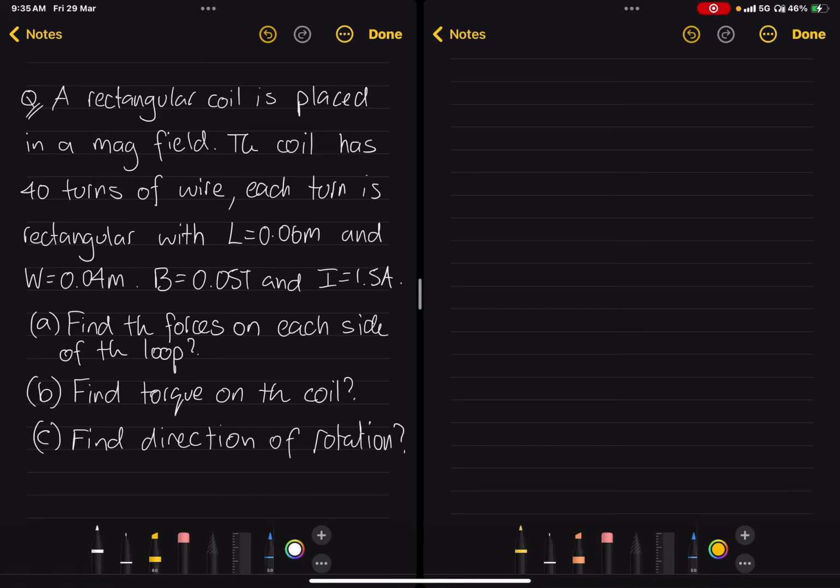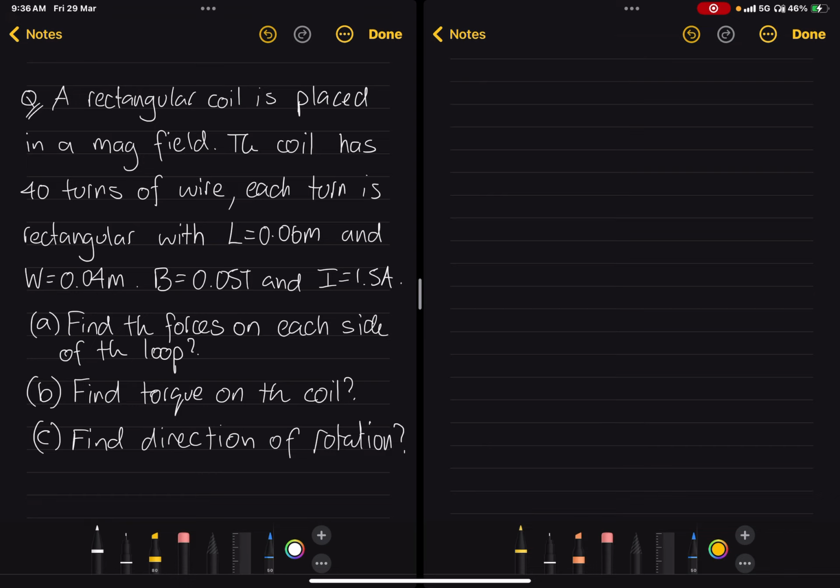Okay, so we're told here a rectangular coil is placed in a magnetic field. The coil has 40 turns of wire. Each turn is rectangular with a length of 0.06 meters and a width of 0.04 meters. We're told the field strength is 0.05 teslas and the current running through the loop is 1.5 amps. We need to find the forces on each side, find the torque on the coil, and then find the direction